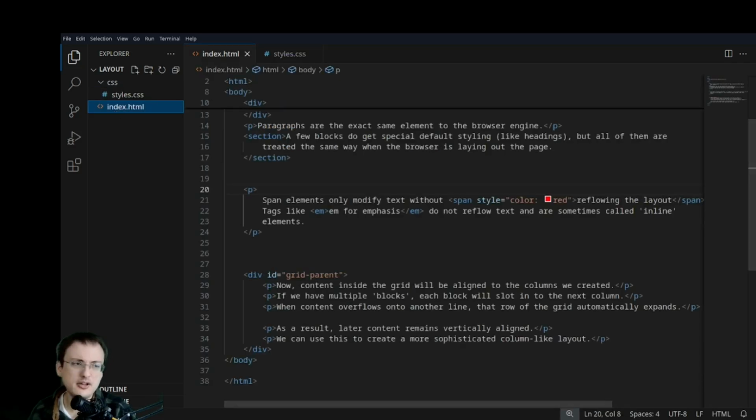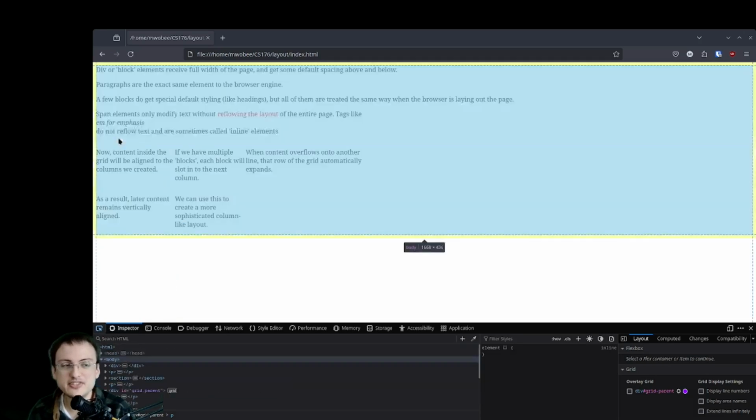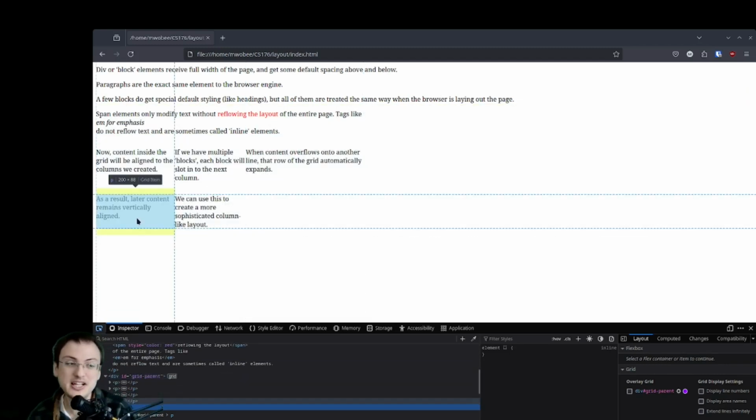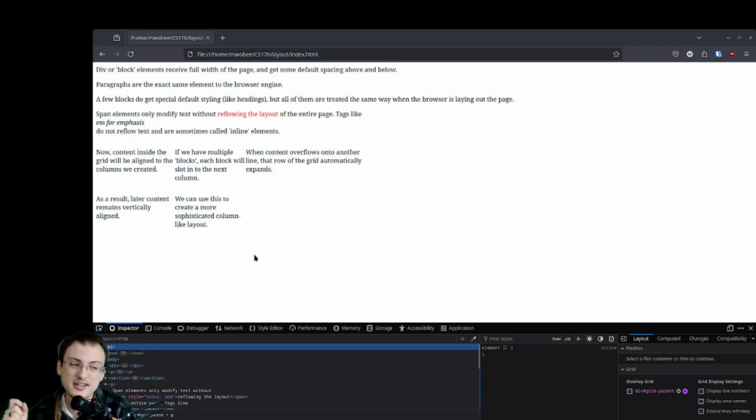So now, if I go and refresh my browser, suddenly, these things don't just appear one after the next. Each of my paragraphs that's in my grid takes up that amount of space in that column. And when I run out of columns, it jumps down to the next row and starts taking up that same pattern of columns again. This pair of declarations here for